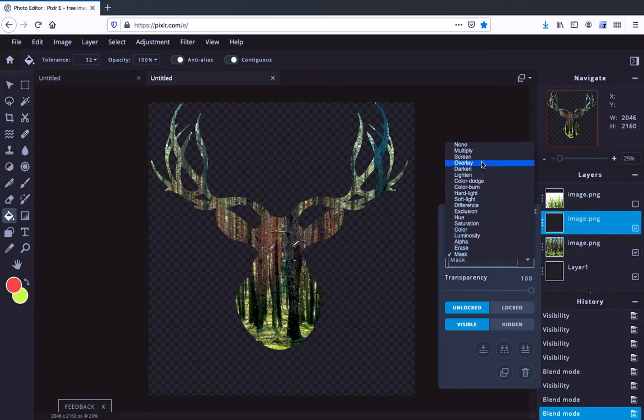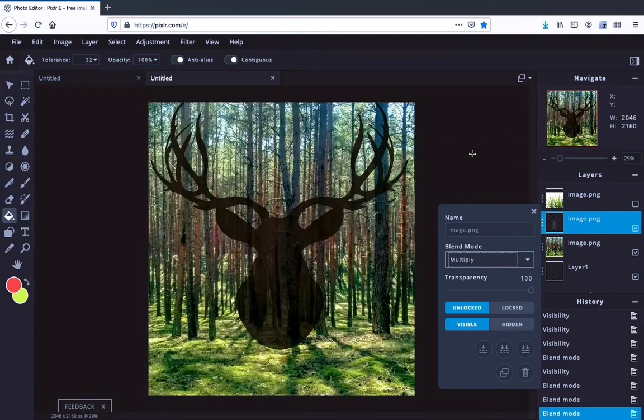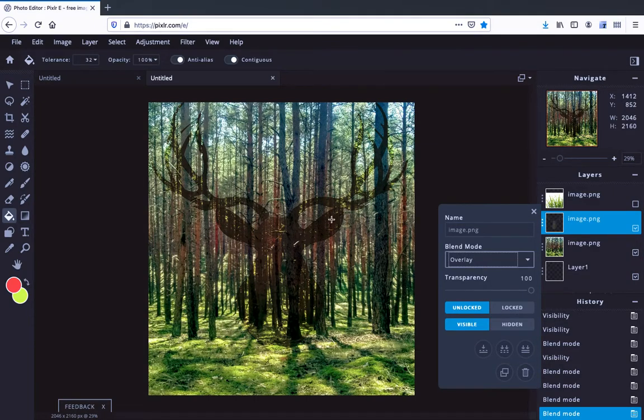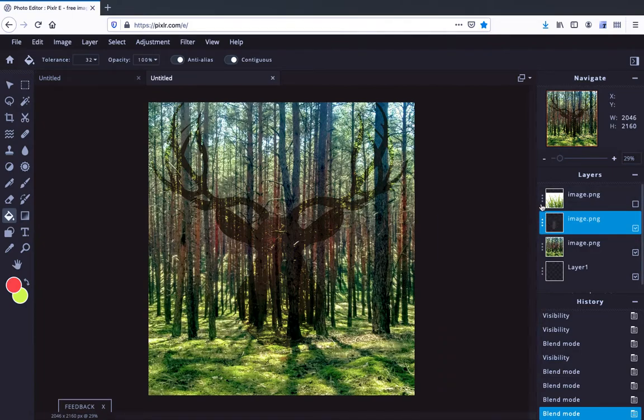So here's one way to do it. We had multiply set before. I think I'm going to change that. Maybe let's try overlay. Yeah, like that. You see a little bit more of the forest, but it's still shifting. And of course, you can select any of these that you want. And something to keep in mind, I'm going to take a step back here, is that when you change blend modes, it changes how the layers interact, how that layer that you're changing the blend mode on interacts with the